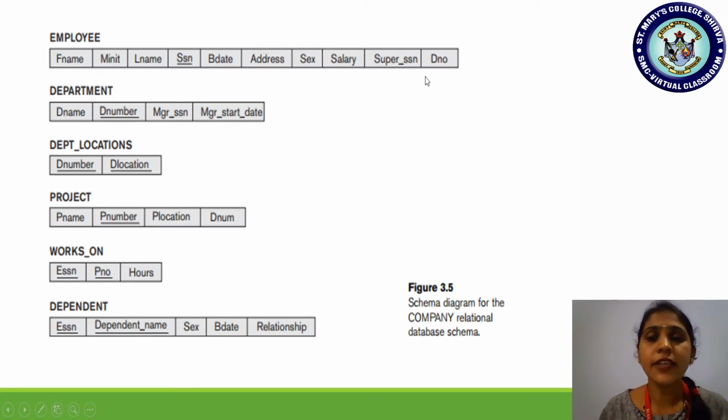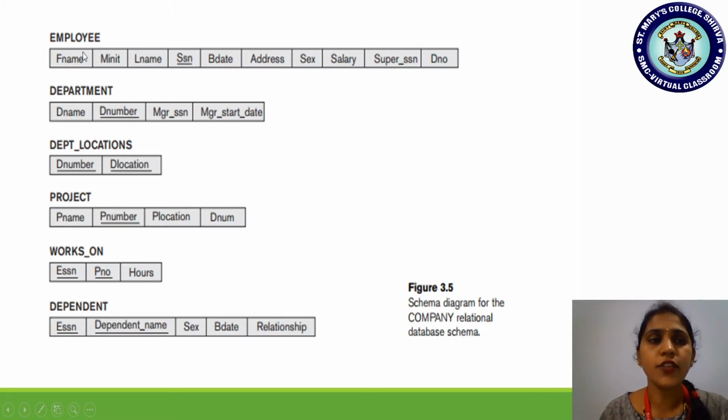Are you all understanding? So observe here, when department number is found in employee, department number is the primary key of the department relation. But in the employee relation, the primary key is the employee SSN. So in the employee relation, by adding the department number attribute, we are telling that there is a relation between employee and the department relation.